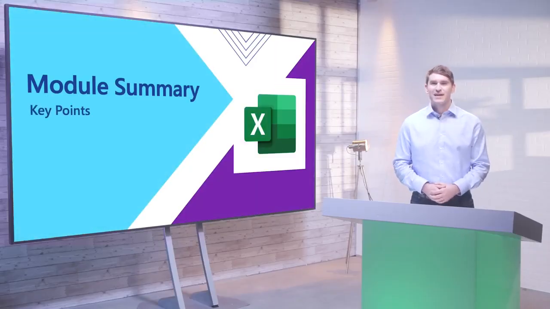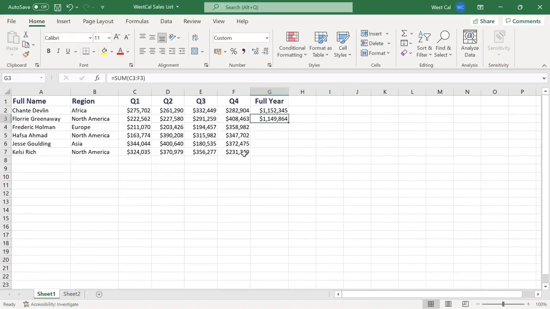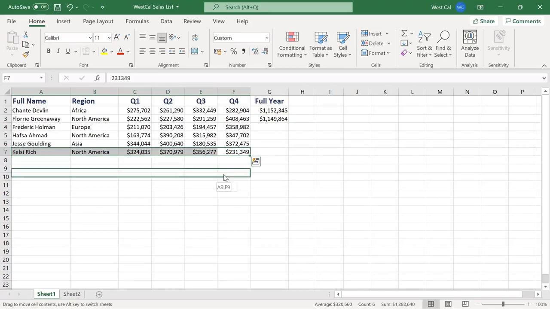Congratulations, you have reached the end of this module. Let's recap on the key points from this module, looking at Excel and the basic features and functionality that it provides. You looked at what Excel is and why it's useful, that it's an essential tool for anyone working with numbers. That could be account managers, financial analysts, administrative assistants, data professionals, business analysts, amongst many other roles. It's fundamentally a digital spreadsheet application with a vast array of tools for transforming, processing, and displaying data of all